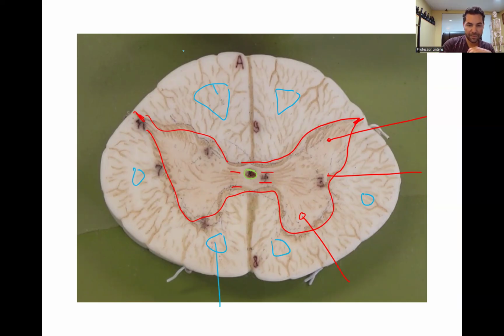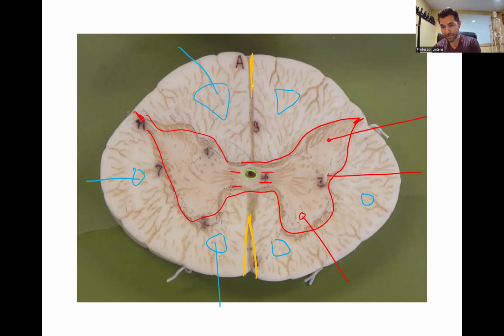Our anterior, posterior, and lateral ones, respectively. And then we can see our anterior median fissure and posterior median sulcus. Fissure is bigger, a sulcus is smaller. And in the next lab, when we go over the brain, we will see plenty of fissures and sulci in the brain,